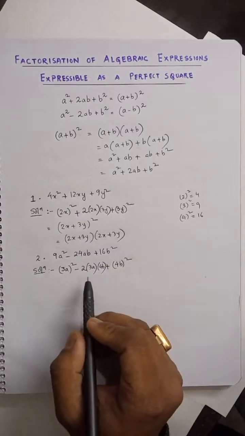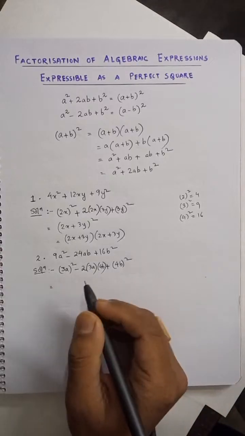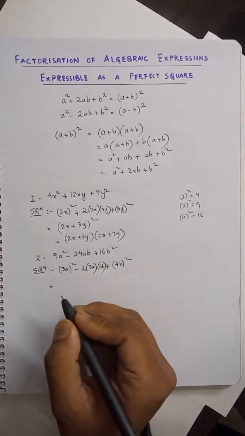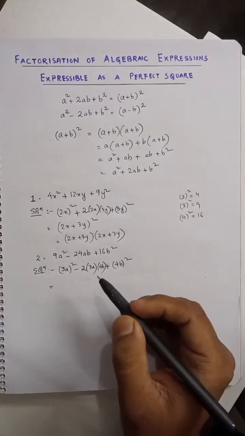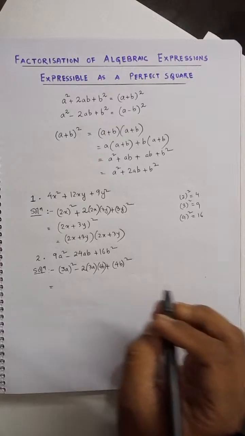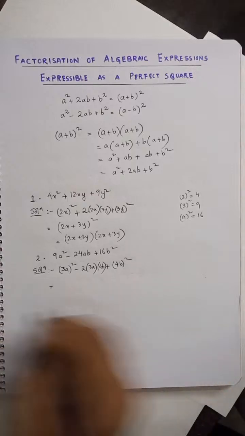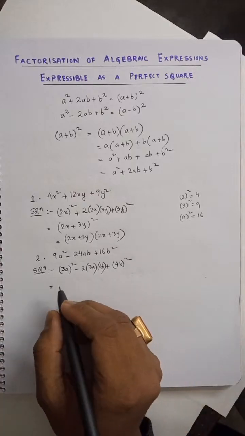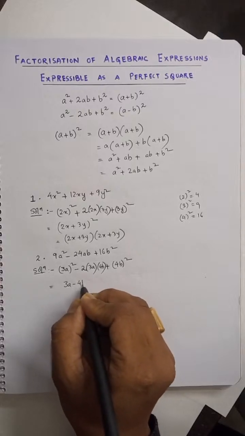Again you can cross check. 2 into 3 is 6, 6 into 4 is 24. I'm not saying that this is the right way to do, but initially, this is the best approach to do, right? Otherwise you may get confused. Once you get used to this factorization, एकदम धड़ाधड़ कर सकते हैं आप लोग, ठीक है? So this is 3a minus 4b whole square